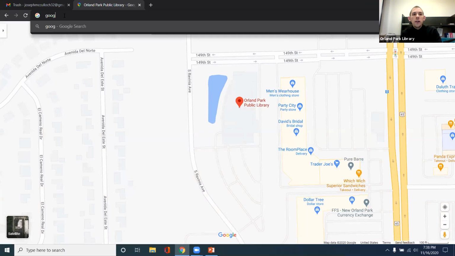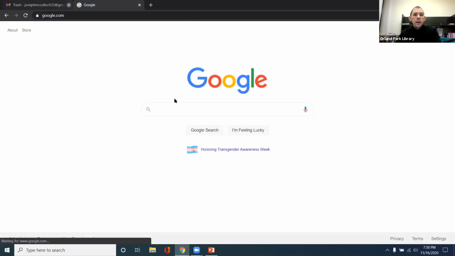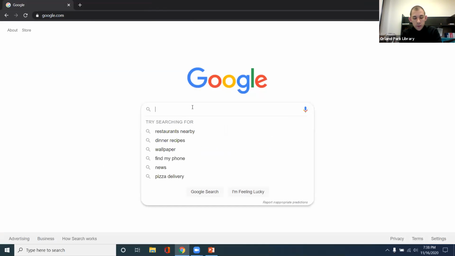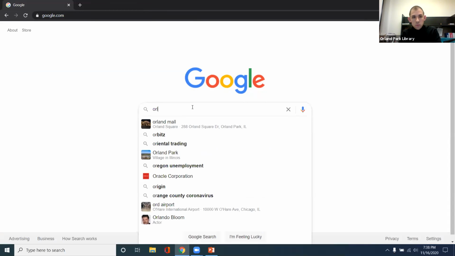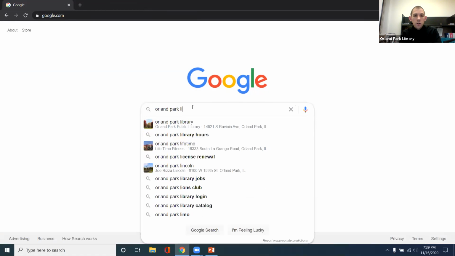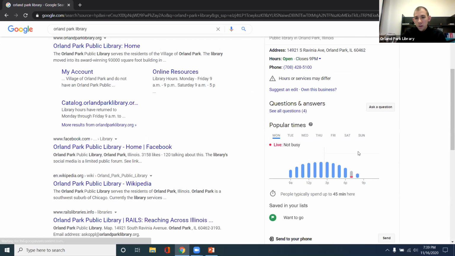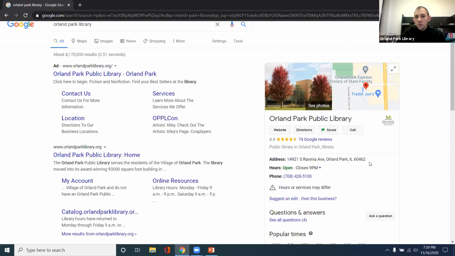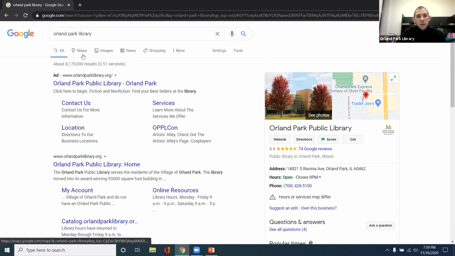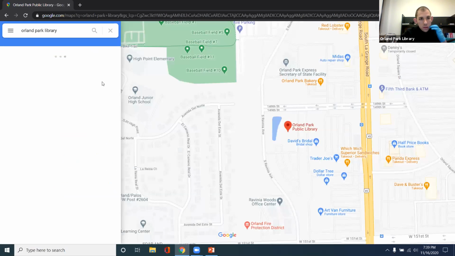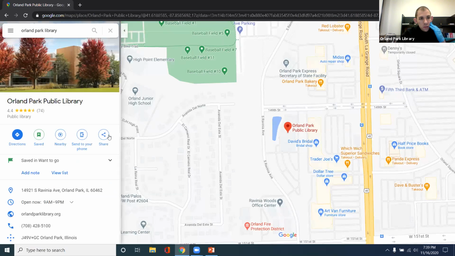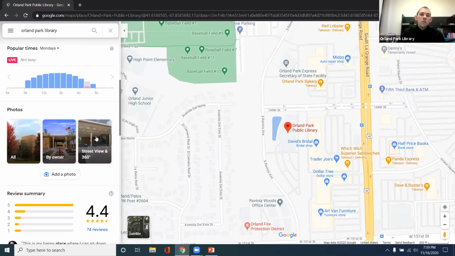and say if I go to Google right now, and then I do a search like, say, Orland Park Library. From here, sometimes you'll see a Google Street View. But if I go to Maps, you'll see right here, it says Street View in 360. So if I click on this,